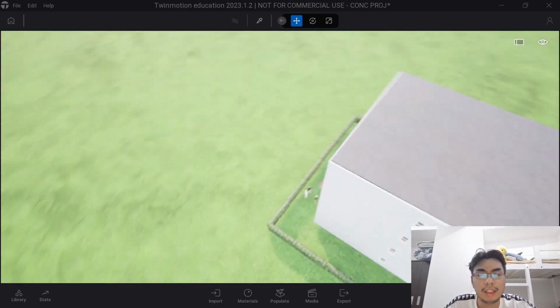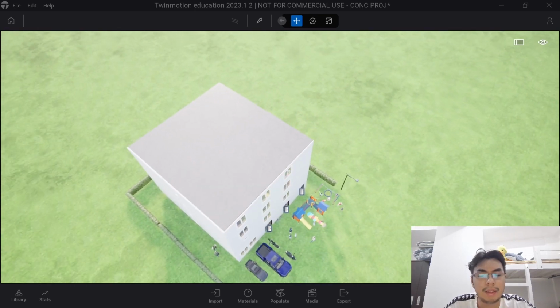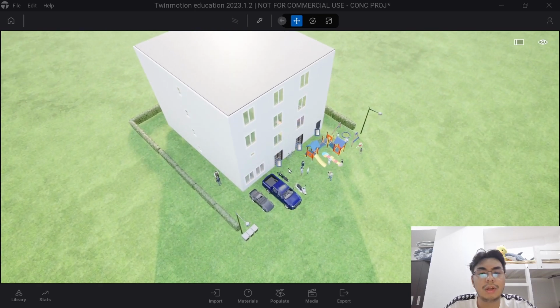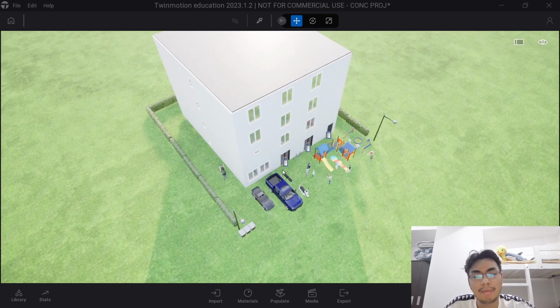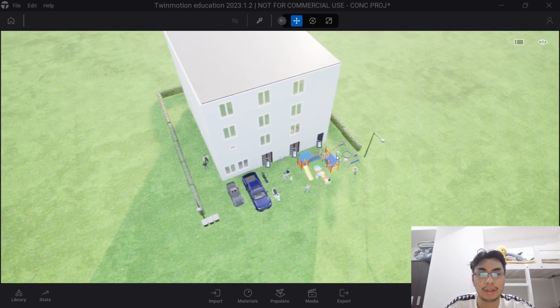In this project, we have decided to have a 2 meter setback on the left side, rear side, and right side of the lot, I mean the building. Then for the front side, we have decided to offset it 5 meters from the building to have a space for the parking as well as a play area for the children.